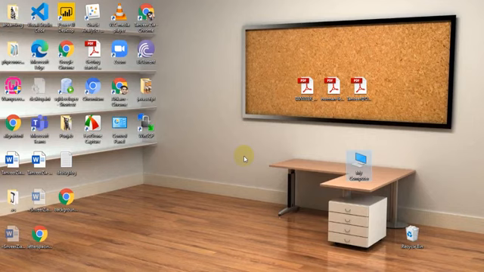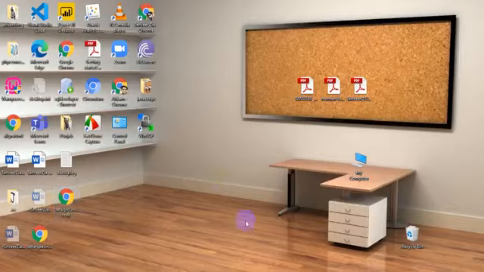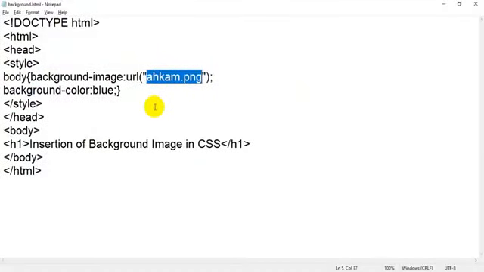Similarly, I want to add an image for my background which is not in the same place, it is present in some other place. So we have to pass the full address or full URL.